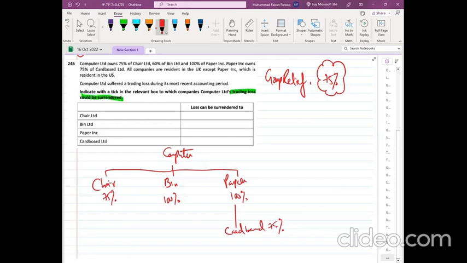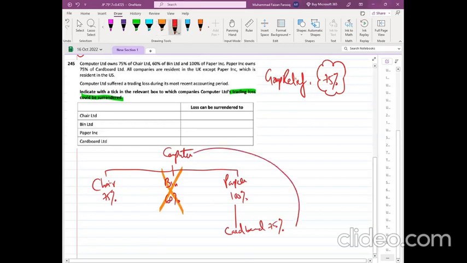कंप्यूटर लिमिटेड को लॉस हुआ। अब आपने बताना है कि कौन सी कंपनी में कंप्यूटर अपना लॉस सरेंडर कर सकता है। अब देखिएगा जरा, बिन की परसेंटेज 60 थी, मैं 60 कर देता हूँ, ठीक है। सबसे पहले 75% से कम वालों को तो बाहर कर दो, बिन गया बाहर। कार्डबोर्ड की इफेक्टिव होल्डिंग है। इफेक्टिव होल्डिंग कैसे देखेंगे, यानी कंप्यूटर की कार्डबोर्ड में कितनी है, तो 100 इंटू 75 विच इज 75%।